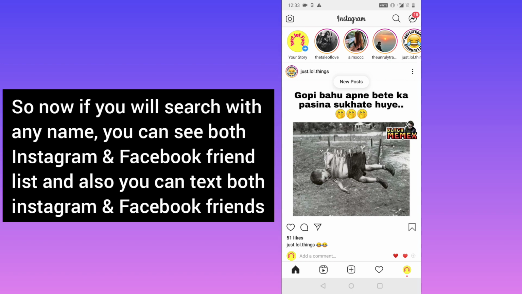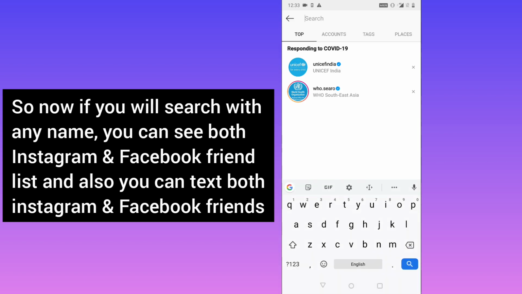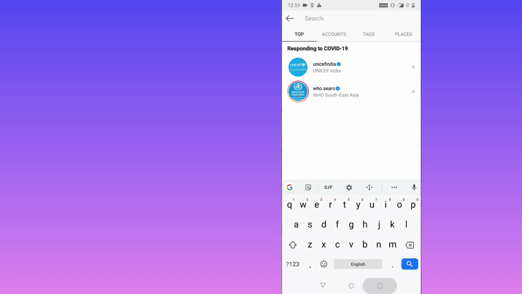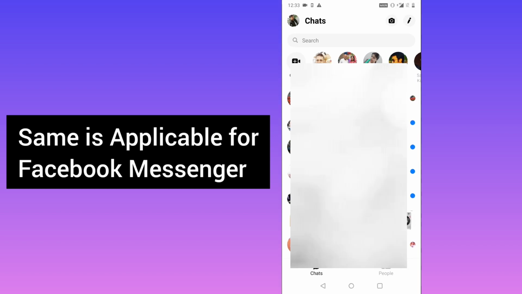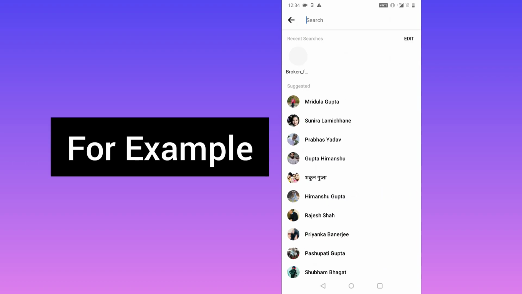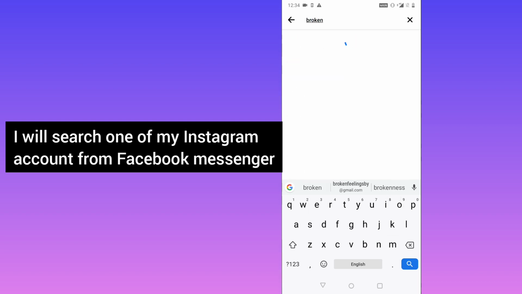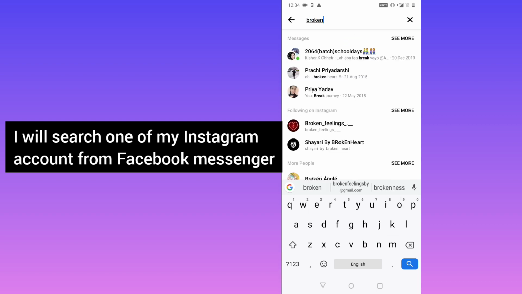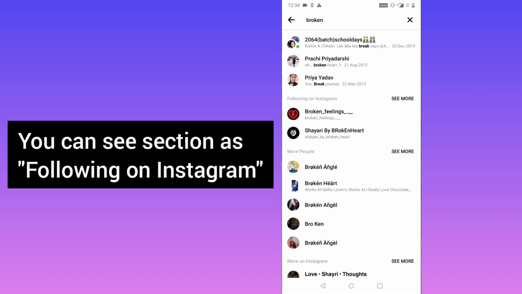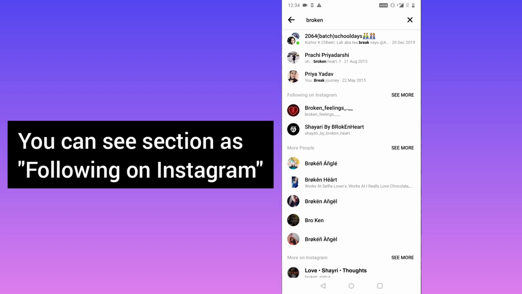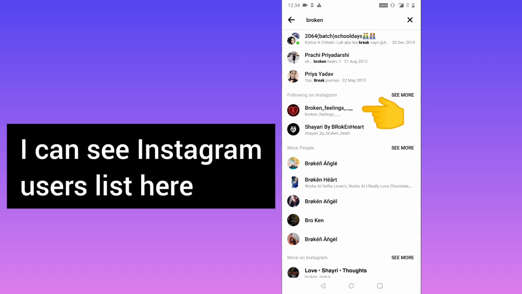So what is the difference now? You can also search for your Facebook friend as well as your Instagram friend from the search of this Instagram, and the same is applicable for Facebook Messenger. Here I will show you an example. If I search for one of my Instagram pages, one of my Instagram accounts, like here, see, this is Facebook Messenger, but here, see, following on Instagram, you can see I can even see the Instagram users on my